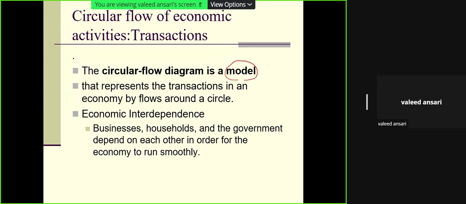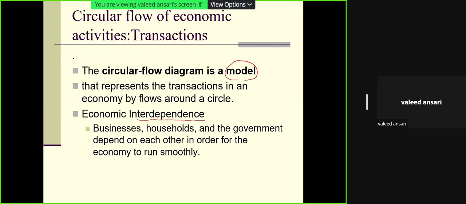So the circular flow of economic activity is this diagram. Why the word circular is used, I will explain to you, although the diagram may not be sketched in a circular way. It enables us to appreciate how various actors, various components in the economy interact, and in other words, how they affect and how they get affected, and how there is a type of interdependence in the economy on account of this.